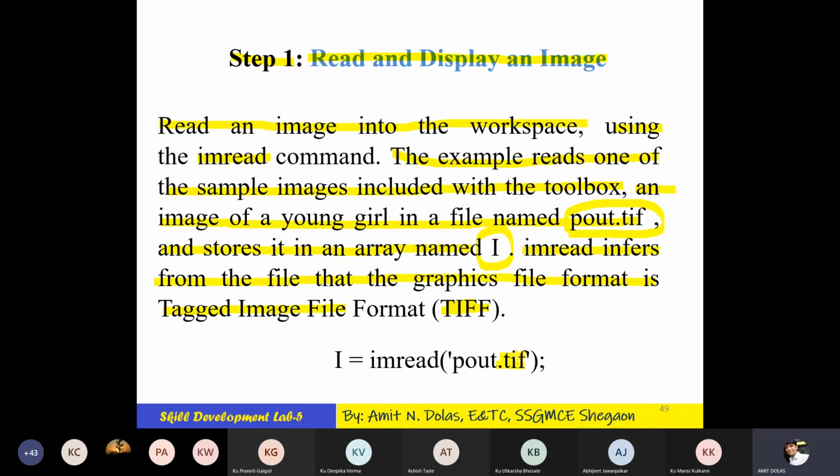Here I will divert the discussion. How many formats do you know regarding images? Can somebody list them? How many image formats do you know?